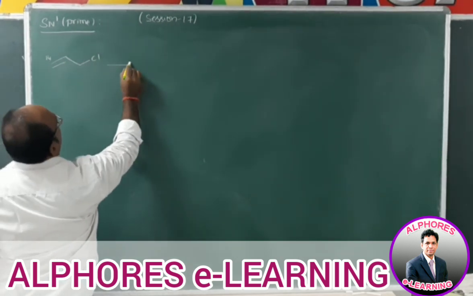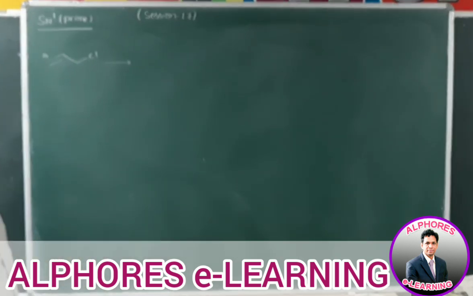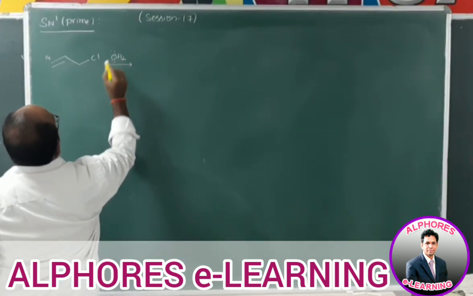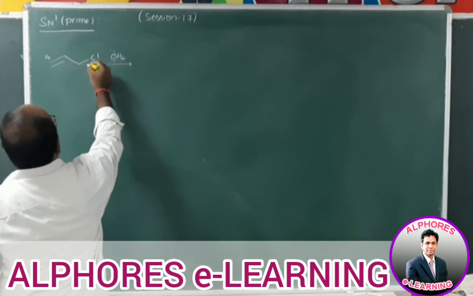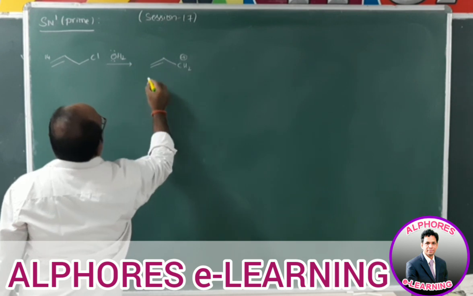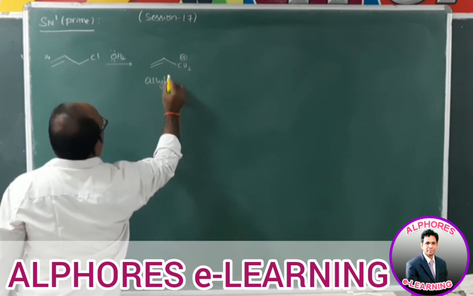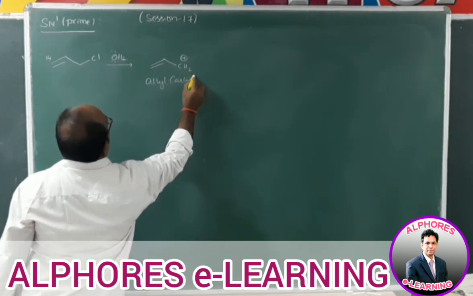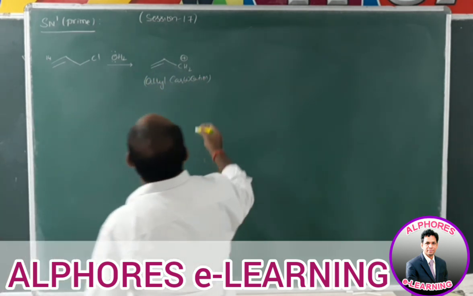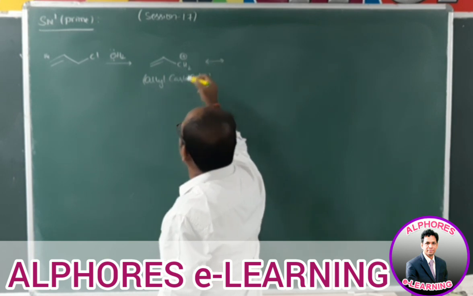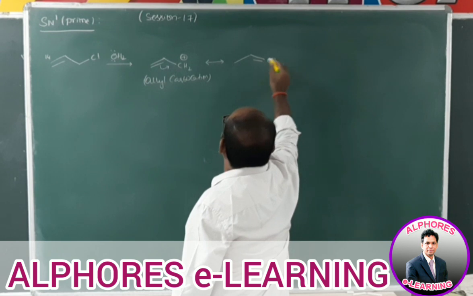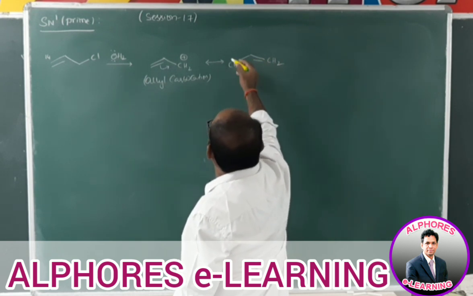So now this carbon is C14 and this is CH2Cl. When I am using polar solvents, say a water molecule, then what are we expecting? Carbocation, CH2 plus. As we know very well, the allyl carbocation is more stable, because of resonance. When these pi electrons are shifted like this, we are getting CH2 and again CH2 plus.